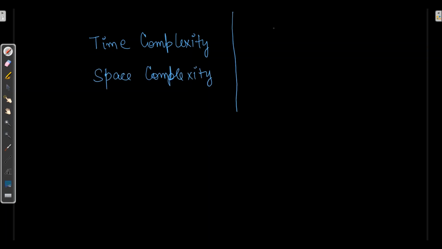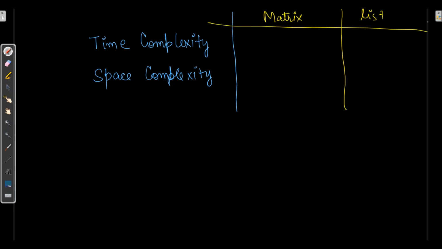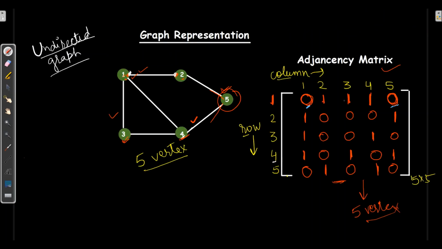Now let's discuss the time complexity and the space complexity for adjacency matrix and list. Now, if we talk about time complexity of matrix, it is order of 1. Order of 1 because let's say it is representing A of 4, 2.